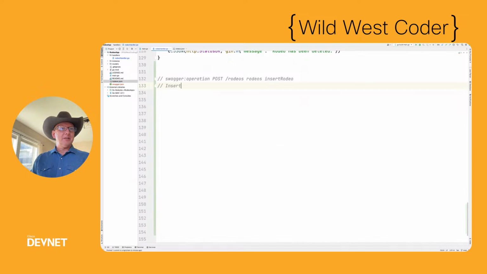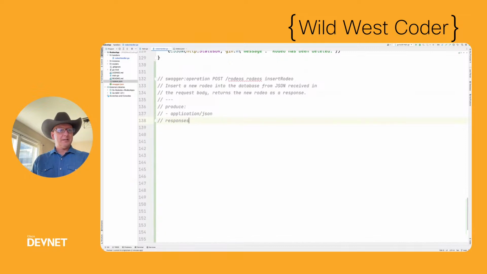So it's going to insert new rodeo into the database from the JSON that we're going to send it, received in the request body, and we'll just have it return what we sent it, returns the new rodeo as a response. Okay, so we're going to have it produce, again, application JSON,